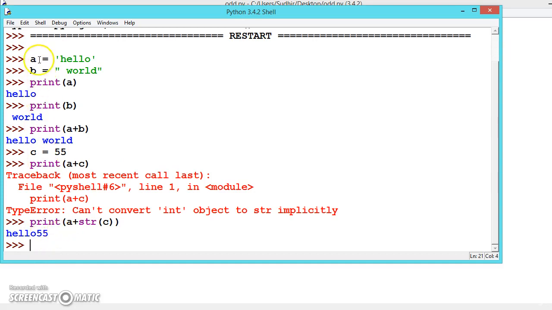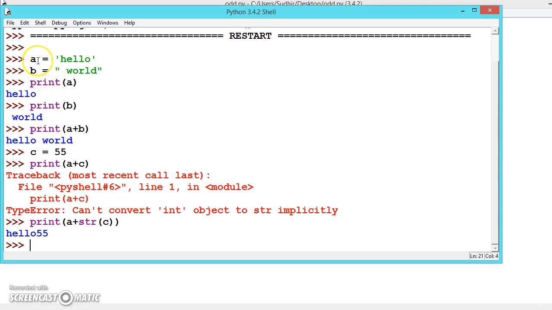So whenever you declare a variable, because Python is an object oriented language, this is an object of the class string, and this is an object of the class string. So A and B are objects also, and objects can access methods. We will be learning what a class, an object, and a method are in an upcoming section. Don't worry about that, but for now just follow what I am telling here, replicate it and practice.